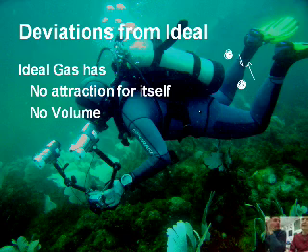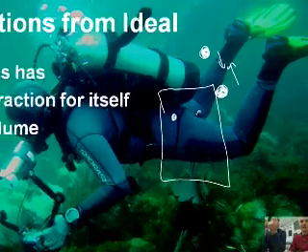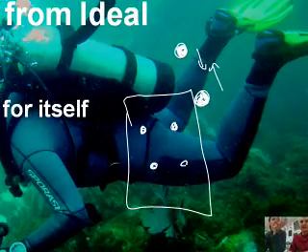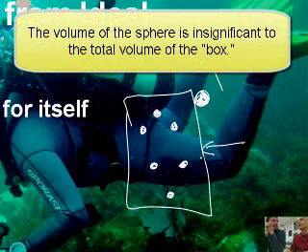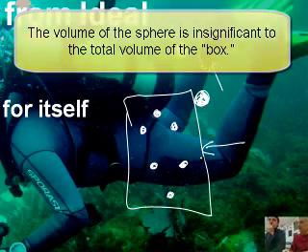Now, this is a weird one to get your mind around. We're assuming that the gas particles are so tiny that the space that they occupy is insignificant compared to the space in between all of the molecules. So in this box that I've just drawn, I have gases. Now, they take up the space of this box, but the actual volume of the sphere of the gas is insignificant. Or we consider it to be zero if it's an ideal gas.